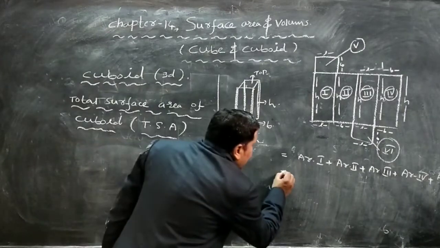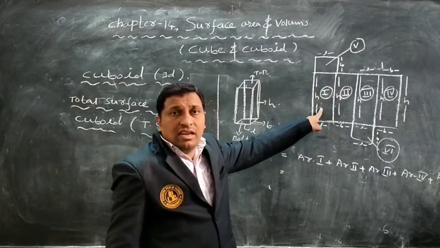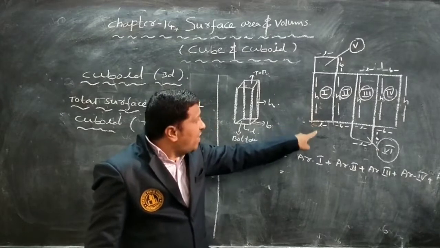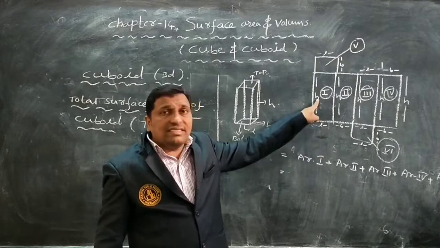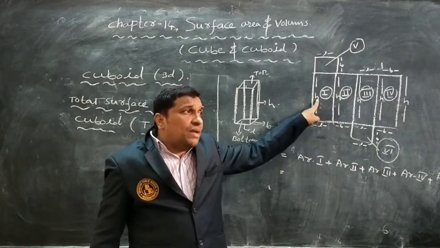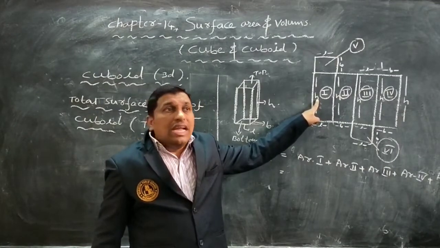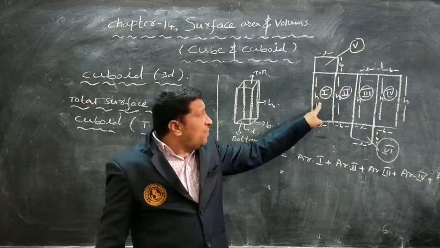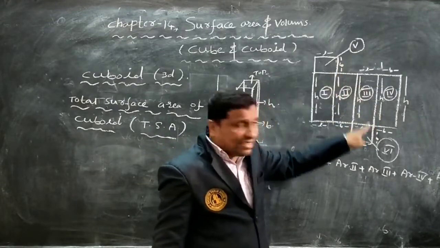So here we have to observe whether this is a rectangle or a square. This is a rectangle. How to say this is a rectangle? Here different values are there. First one is length, second one is height. Okay, so in a rectangle, 2 dimensions are not equal, means L is not equal to B. In case of a square, all dimensions are equal. Understood? So these are rectangle boxes: first, second, third, fourth, fifth, sixth.